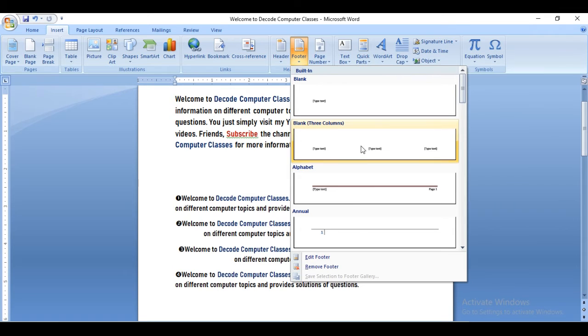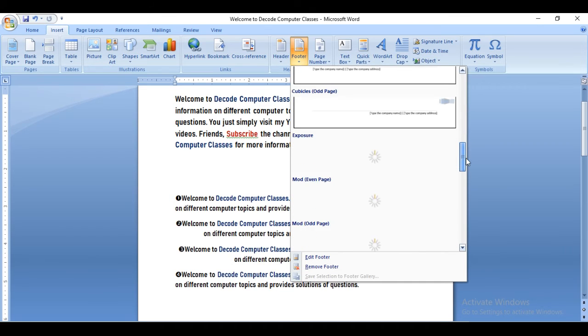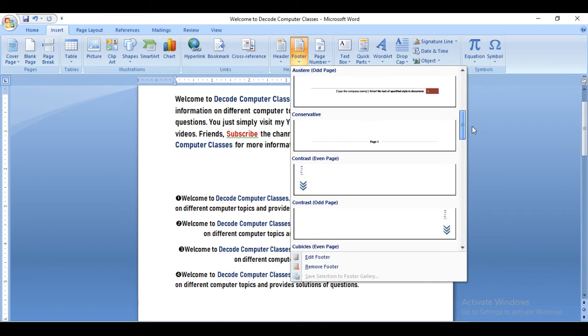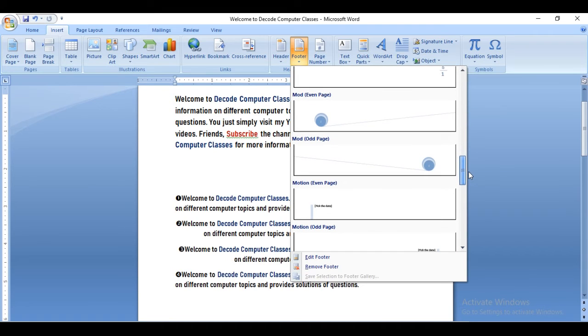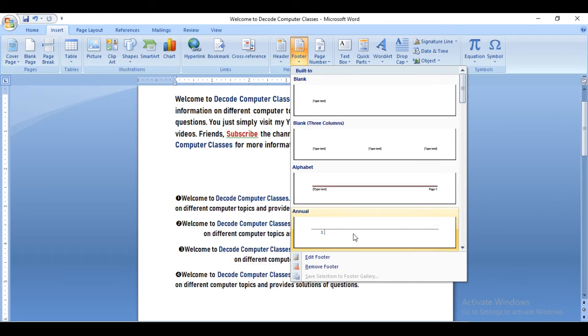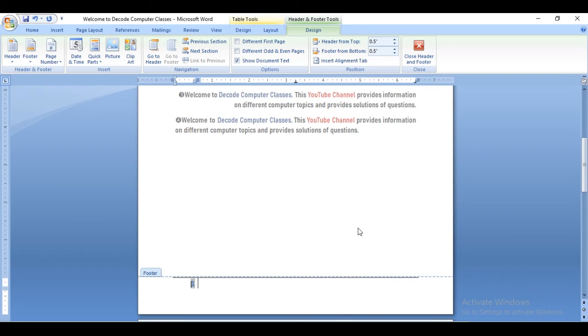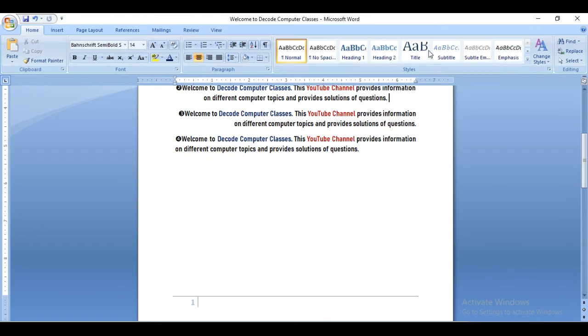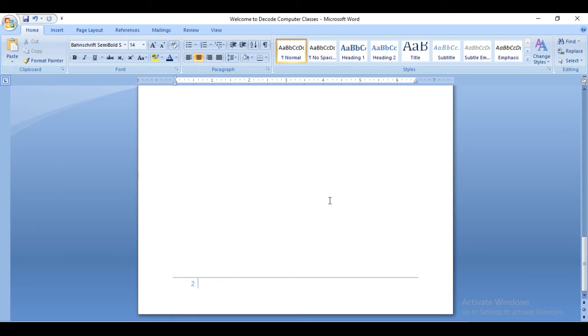As you click here, again you will see different types of styles of footers. You can opt for any one of them. Okay, some stylish footer styles are available, so you can select any one of them. So if I go for something like this. Okay, so basically the use of a footer is that you give the page numbers, and you give some information, like any remark, and this remark will go to the rest of the pages as well. So this is the use of a footer, as you can see, right?